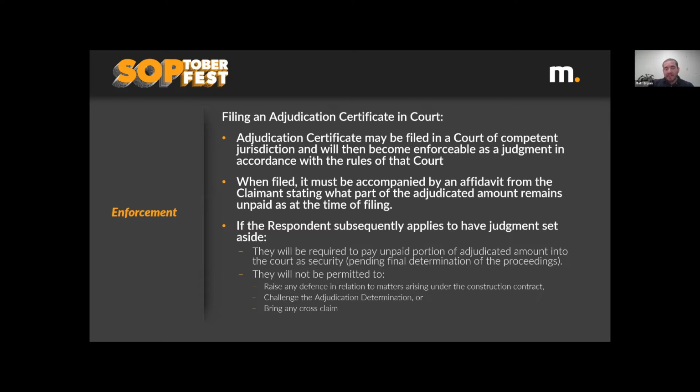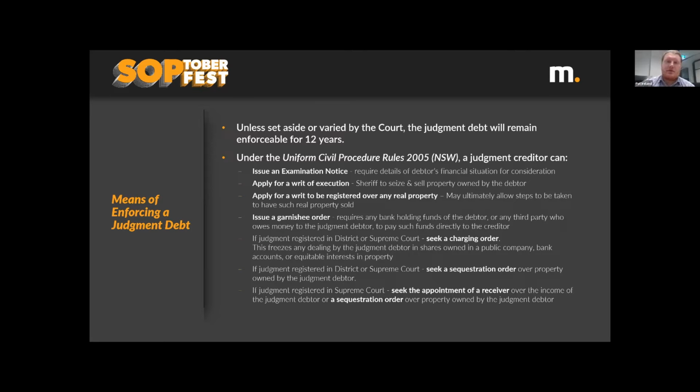So, having said that, moving on to the ways in which you can enforce the judgment debt once it's registered. So once that judgment debt is ordered by the court, and unless it is set aside or varied by the court, then assuming that you're the claimant you'll have 12 years to enforce that judgment debt. And there's a number of ways this can be done. A great place to start, particularly if you're unsure of what kind of assets or the financial stability of the respondent or their ability to pay,